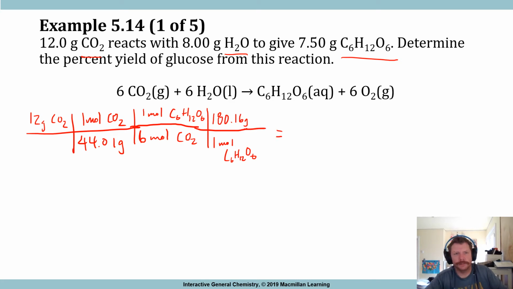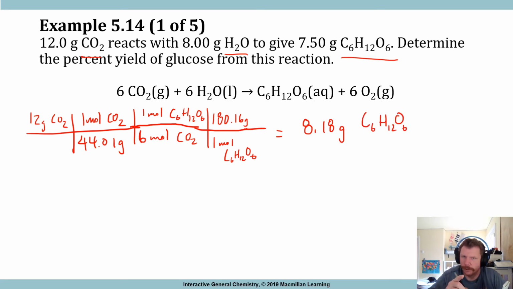Plug all that in. 12 times 180.16 divided by parentheses 44.01 times 6 close parentheses equals 8.18 grams of